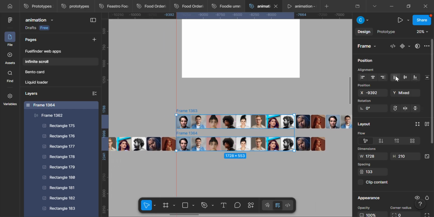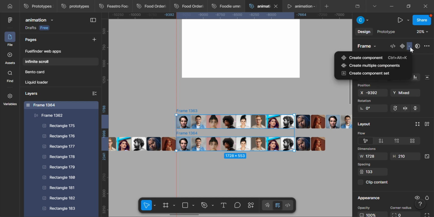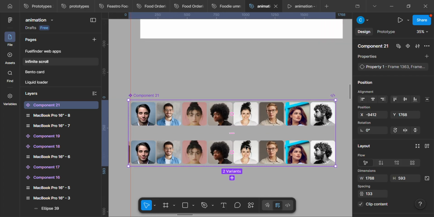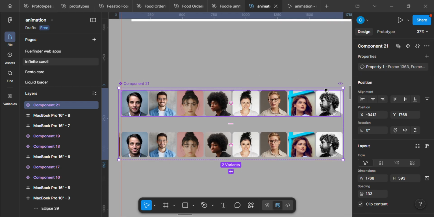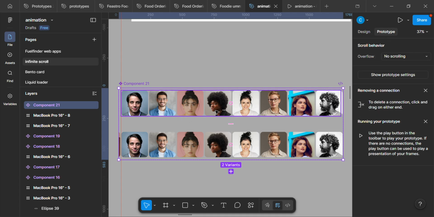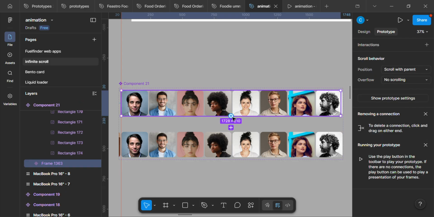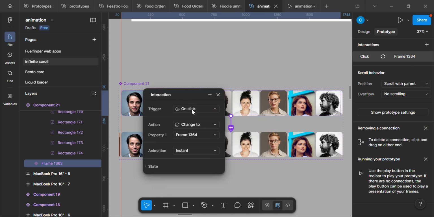We're going to go to our component here and toggle down this drop down, open it up, and you see create component set. We're going to create two sets here, so we'll have it like this. So this is a component set. We have to always make our elements components before prototyping, so it's a component now. You head over to prototype, and our prototype is going to be like this. From this first frame, you drag the node to the second frame here, and it's going to be after delay